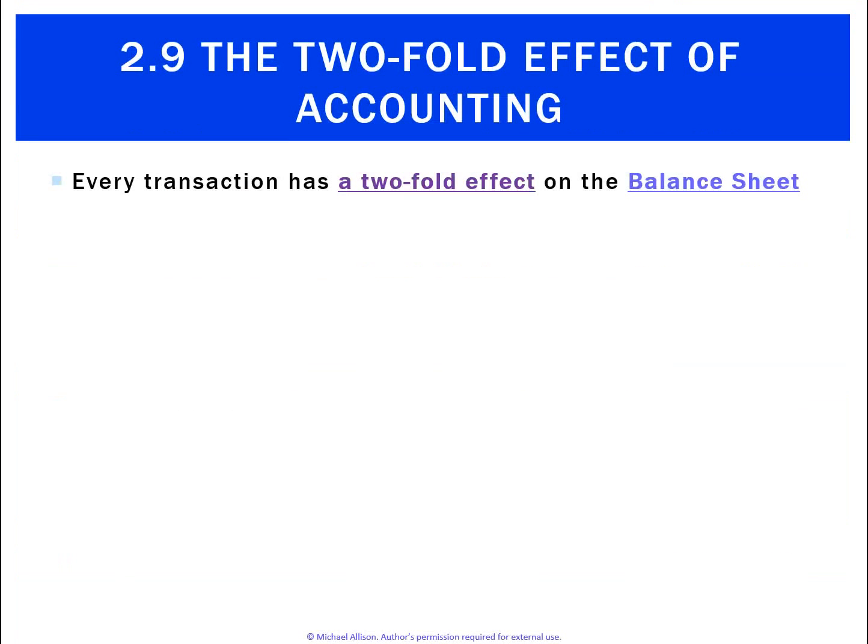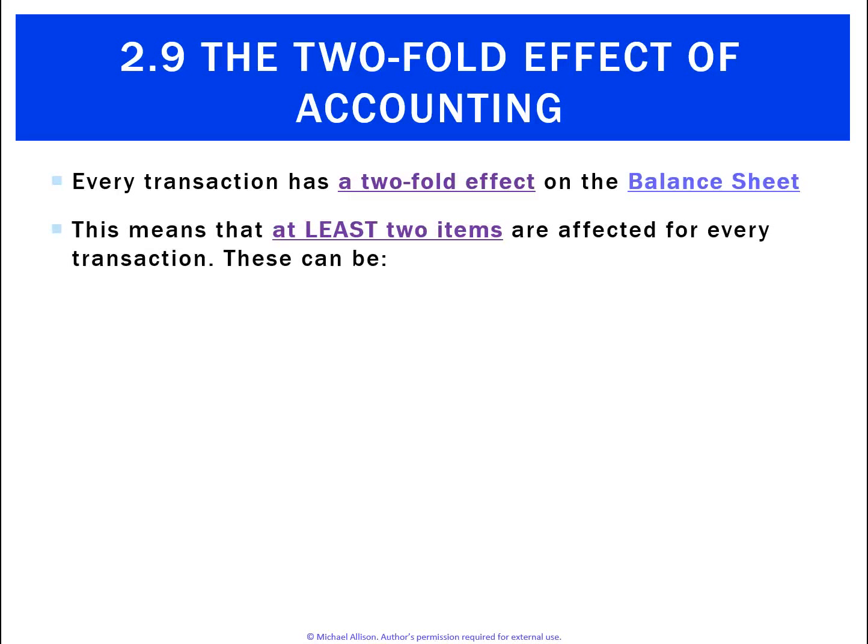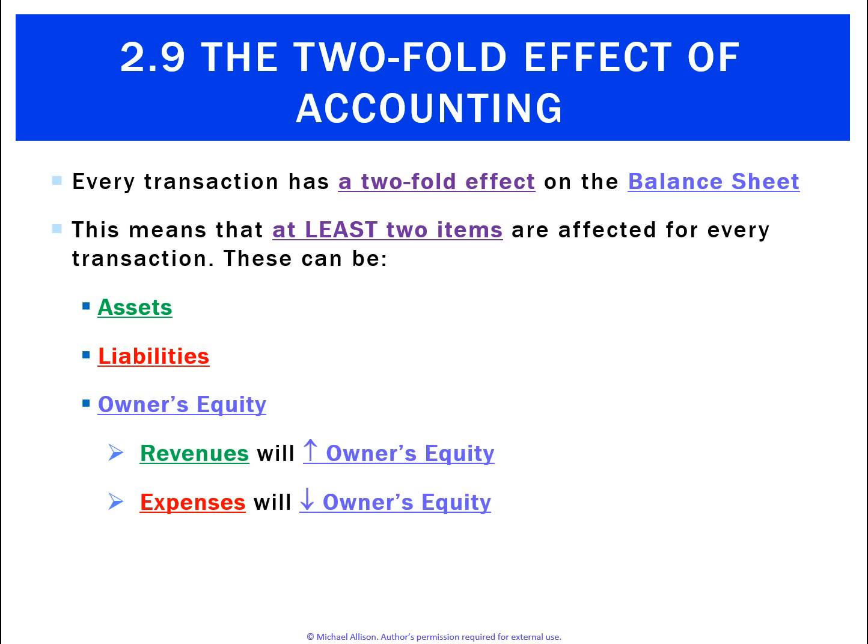The twofold effect of accounting basically means that every transaction that the business undertakes has at least a twofold effect on the balance sheet. And what that means is at least two items must be affected for every transaction. So that means at least one or two out of the following must go up or down as a result of a transaction. So we've got assets, liabilities, owner's equity, revenues, which will increase owner's equity, and expenses, which will